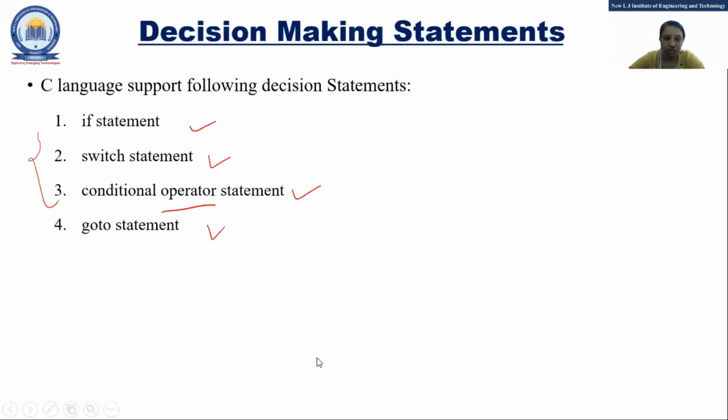Fine. So which one have we seen? Conditional operator. Conditional operator means the ternary operator, question mark and colon. We have seen the program: A greater than B, question mark A and colon B, right? Which will be greater? If this is the condition, this is the true part and this is the false part, right? That we have seen. Fine. Any doubt? Okay, fine.